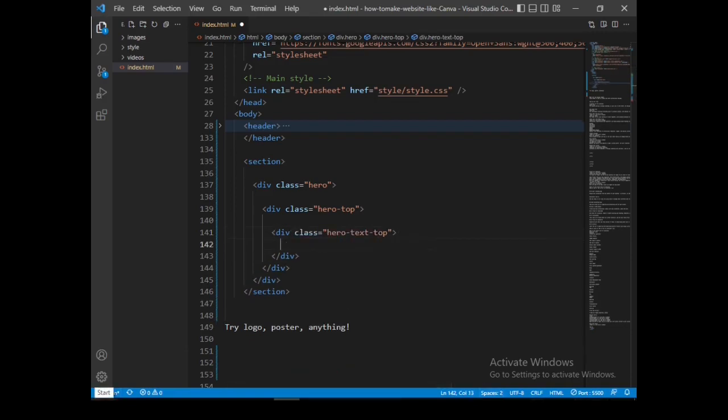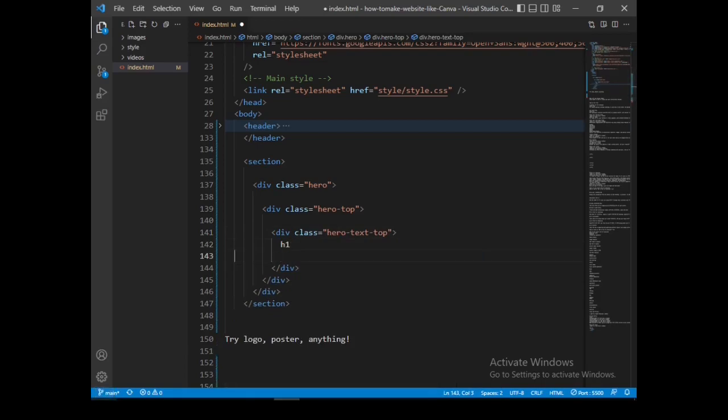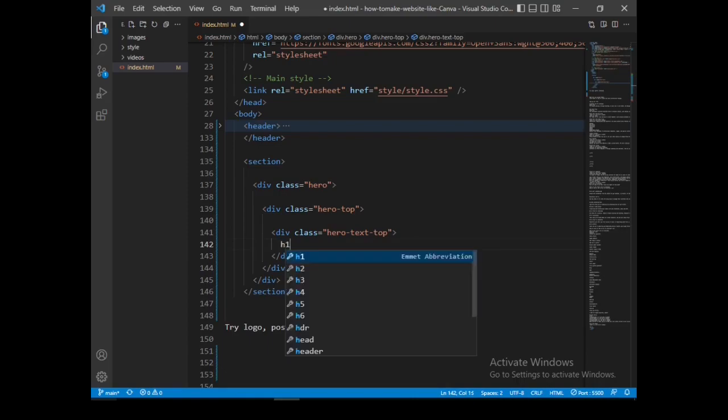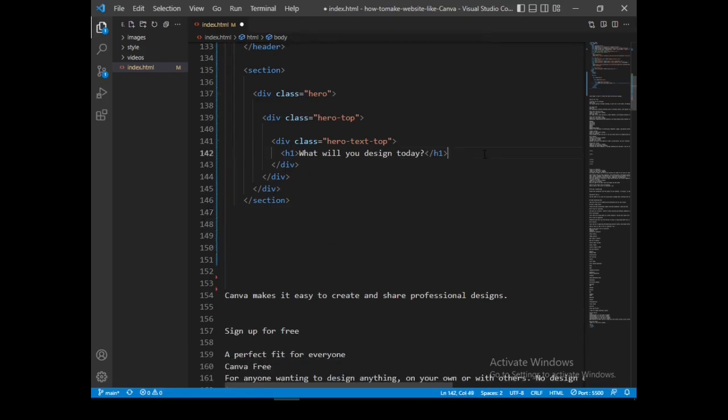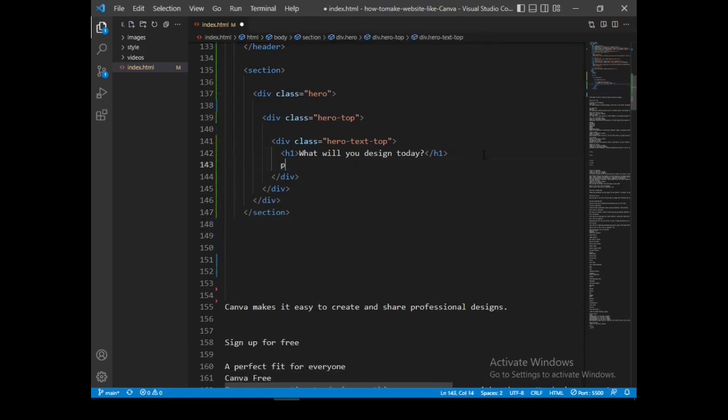Then I'll start off with the heading h1 text. Let me drag the content that we are going to have. This is the text content that you are going to have. Then we have got paragraph text.